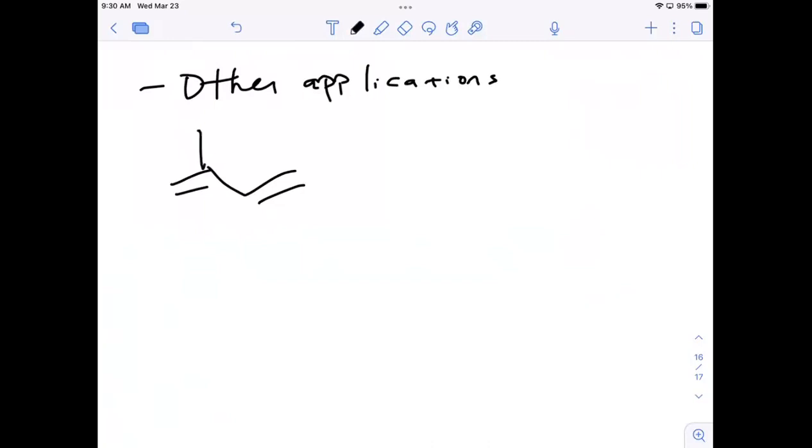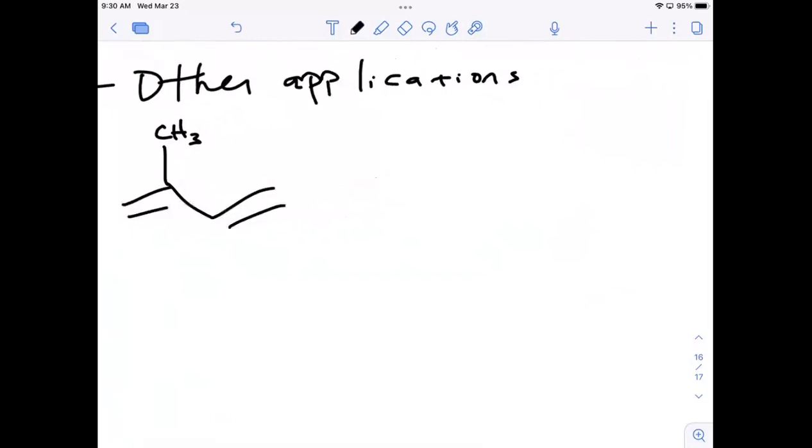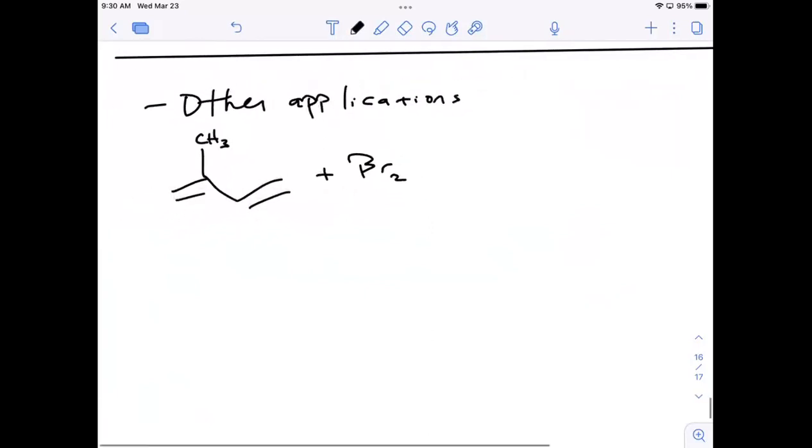Put a methyl group here. And we can brominate it. Just like we add HX, we can add bromine. We can do all the same reactions that we learned in part 1 to a conjugated system. The difference is that